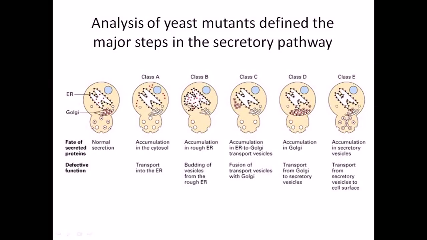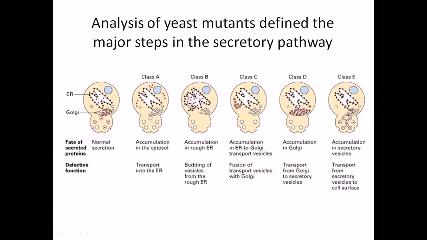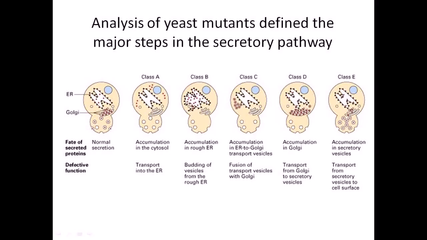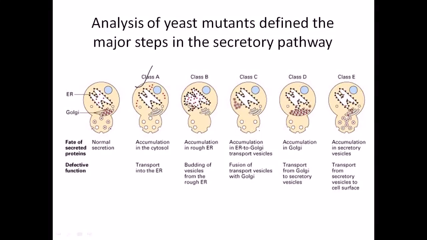So why can we see these different stages? Because we hamper different important proteins inside the cell. Suppose we hamper the transport of protein into the ER: the proteins will be made and they are distributed into the cytosol, right? This thing will occur. Now what will occur if we block the budding of vesicles from the rough endoplasmic reticulum? The proteins, once they are made, will be pushed inside the ER lumen, but the budding out from the ER lumen is blocked. As a result, a huge amount of protein will build up,